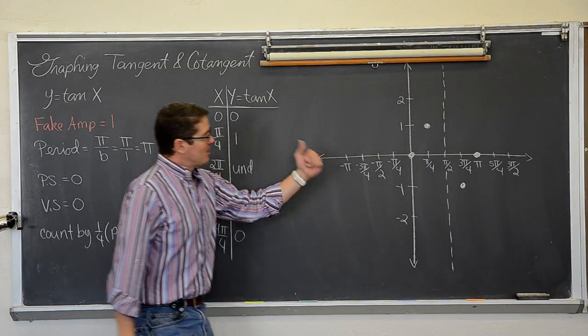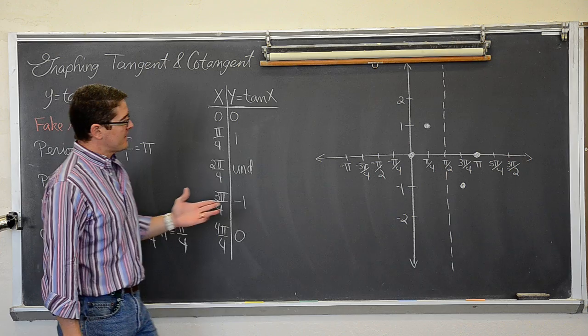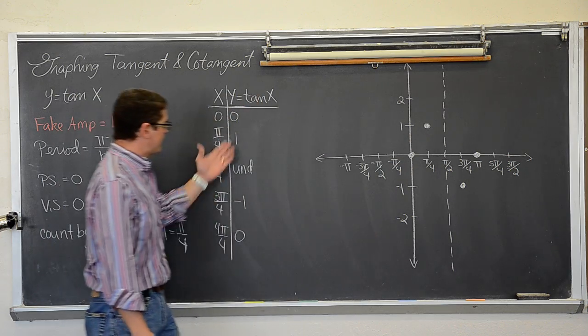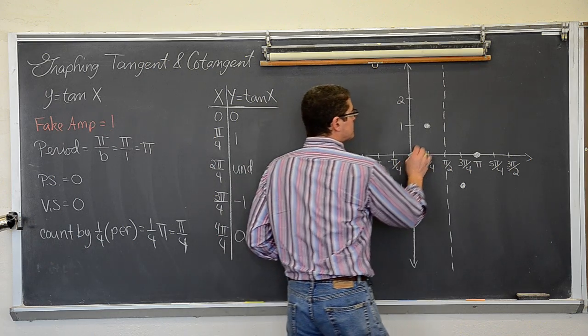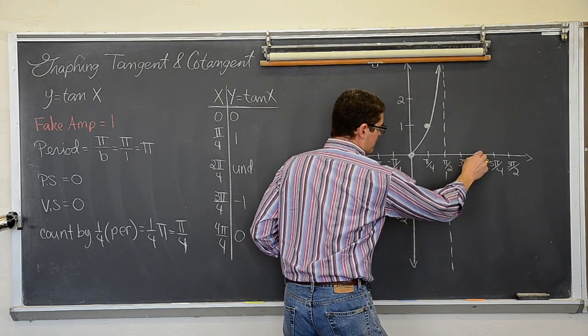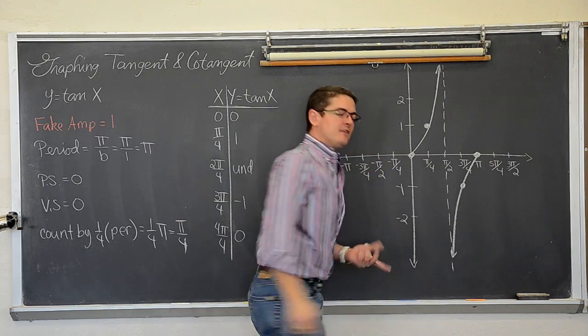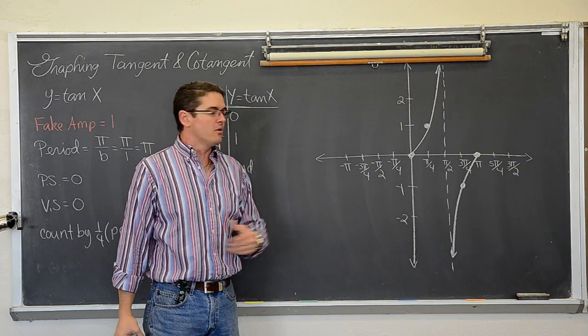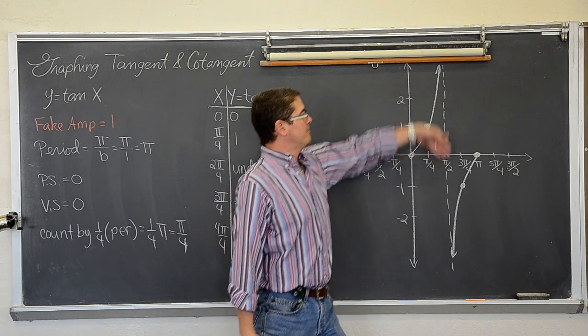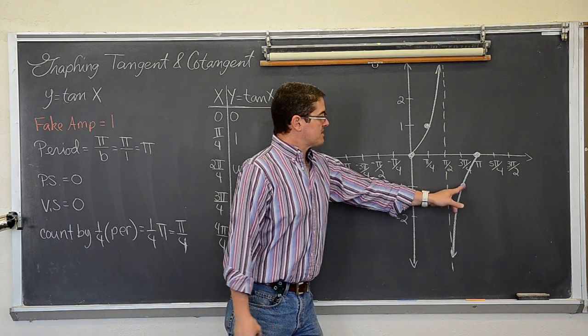Alrighty then. So here we've got a graph set up with the values that I have in my t-table. Well, if you connect these dots, you get sort of a weird picture. When we graph sine and cosine, it was a nice flowy graph. This has a break right dead center of the period. It's kind of like 0, 1, and then boom, it's undefined. And then back to -1 and 0.